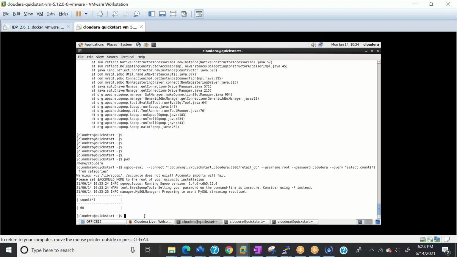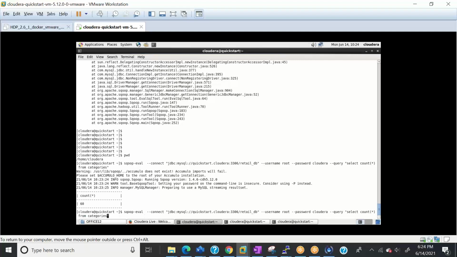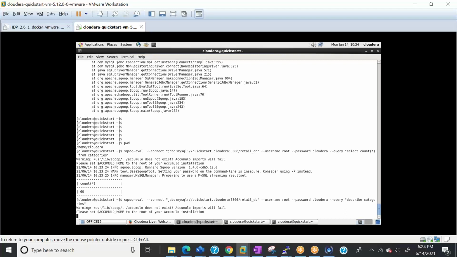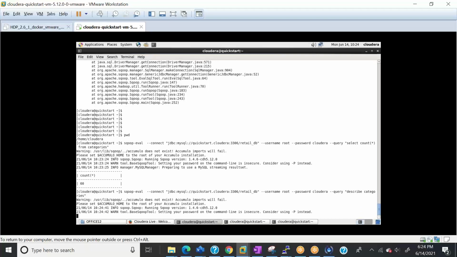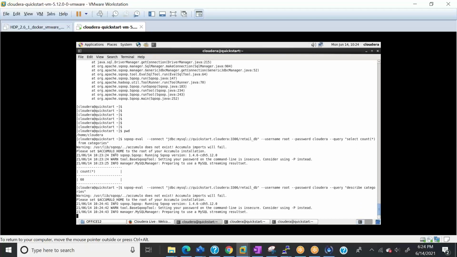First, you need to know how many rows and how many columns there are, and what the schema is. So if I want to know the schema of the categories table, here in the Cloudera QuickStart VM terminal, I'll say describe table name. It will tell me the exact schema or structure of the categories table.